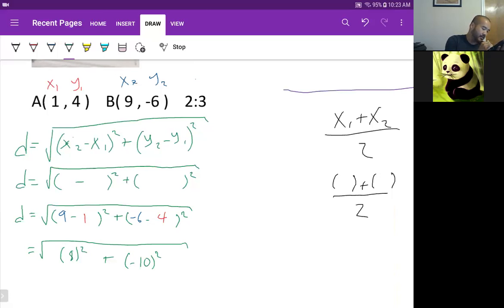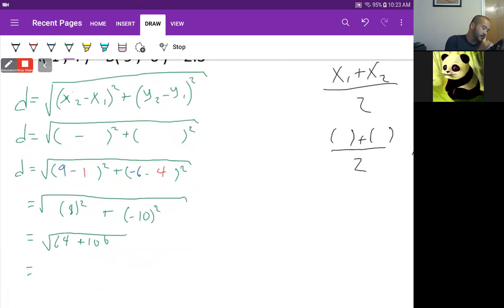Otherwise, they'll do it wrong. So it's 8, that's 64 plus 100. So the distance is square root of 164, which is